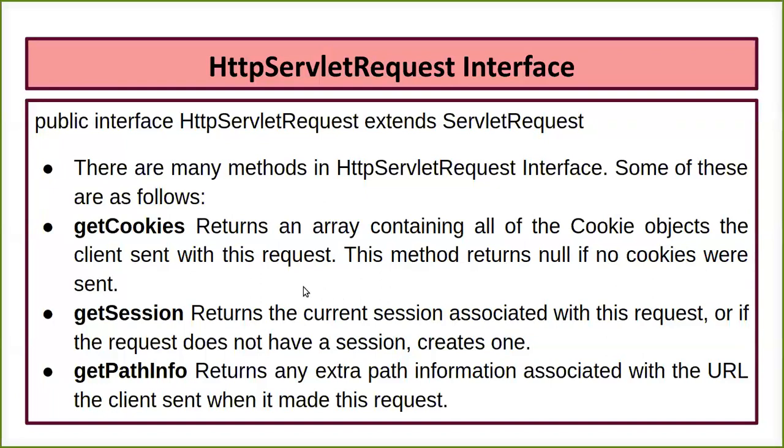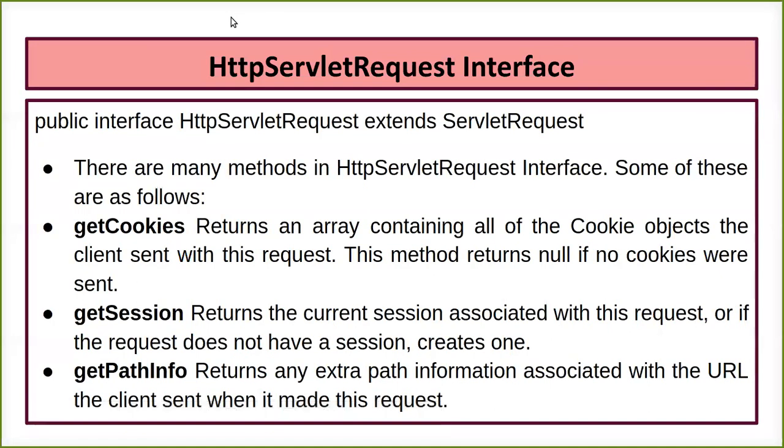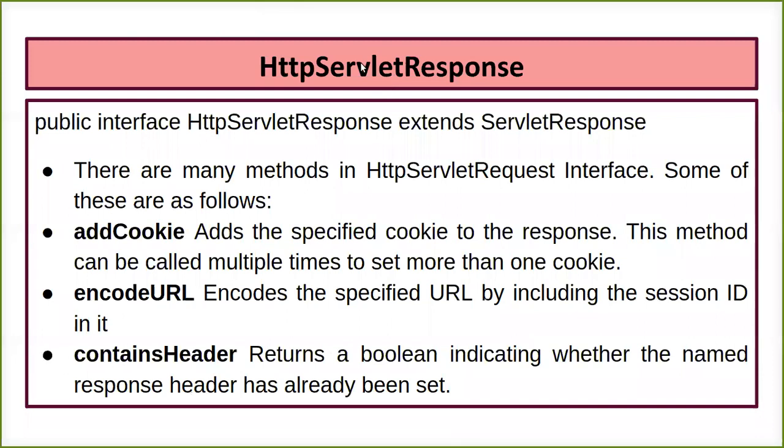So for example, I am requesting something from my server. Whenever the server is going to return the response to me, it is going to start with the session between the client and the server. And if I'm trying to identify what sessions there have been with a particular client, and I'm not able to find any, it is going to create a new one for that particular client. Okay, then we have the next one, getPathInfo, that is going to give me extra information associated with the client request.